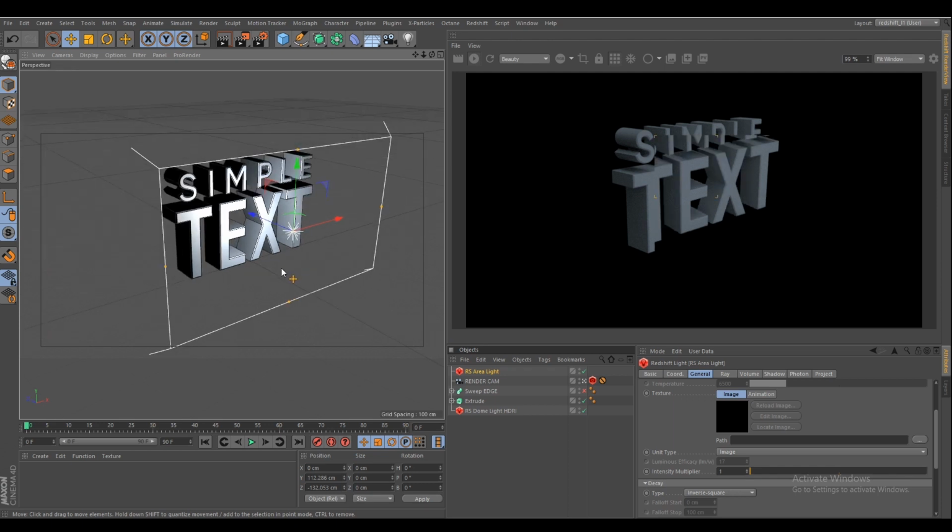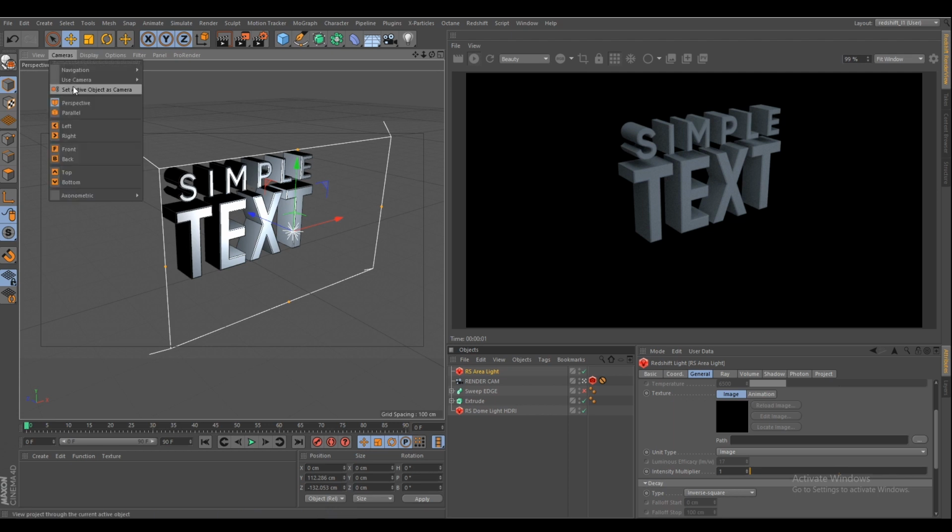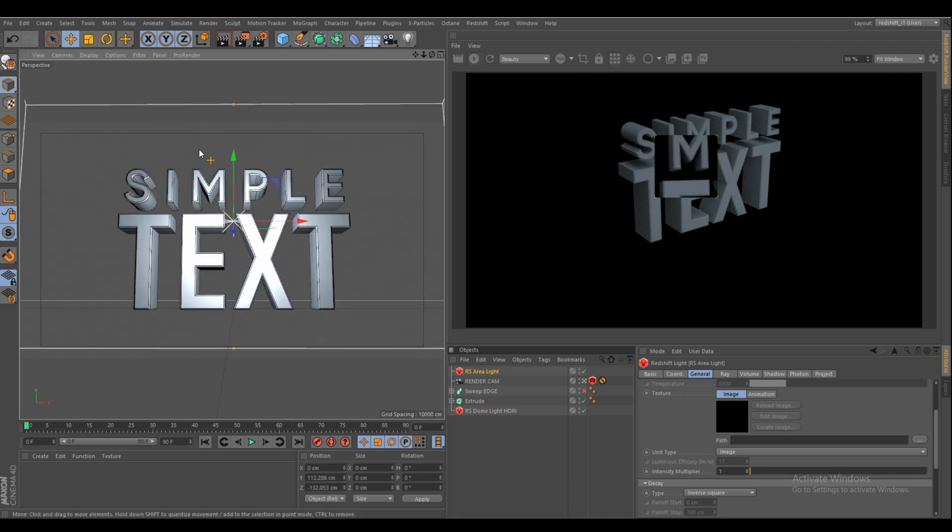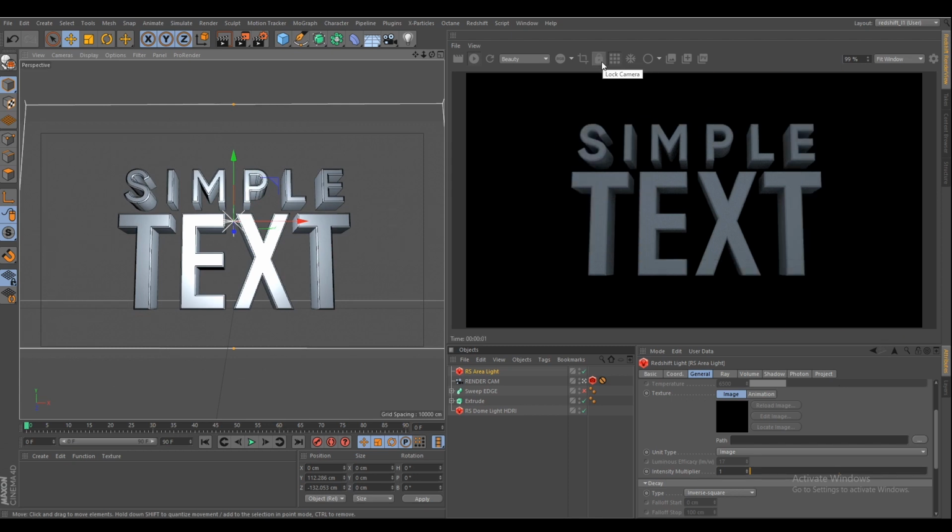It's good, but I want that render camera to be locked in there and should update the render camera only. So for that we need to lock the render camera. At first we need to go to render cam, and here is the lock button, lock camera. So Redshift will update itself in the render camera only.